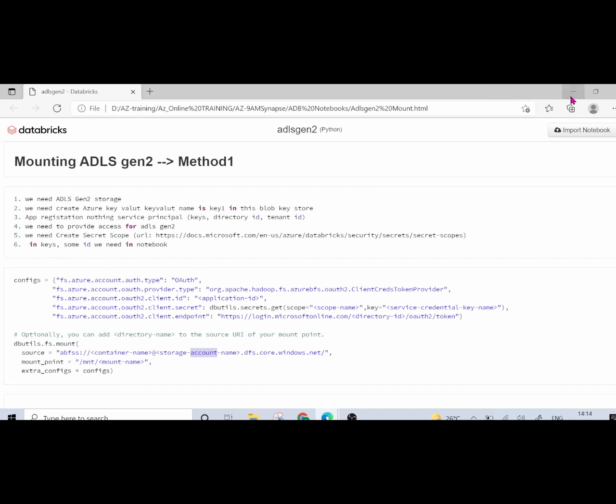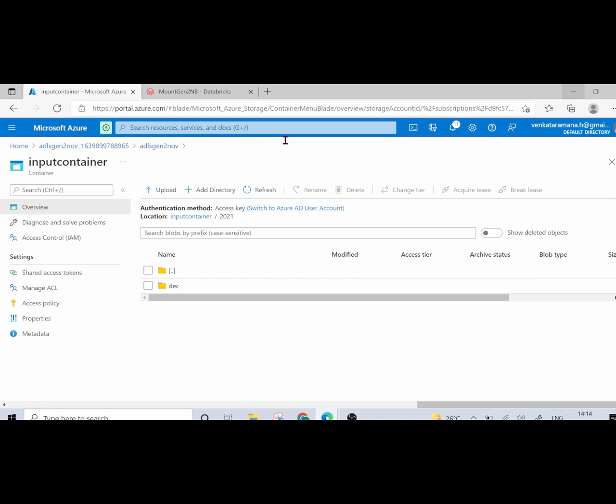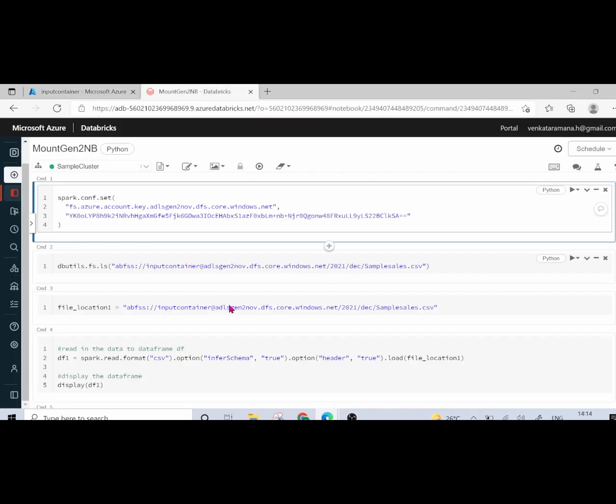In today's session, I will be discussing the second method, which is a simpler method, where within two steps you can use your mounting. If you go through the previous approach, it will take at least half a day to create the scenario. So I'll be explaining the method two.